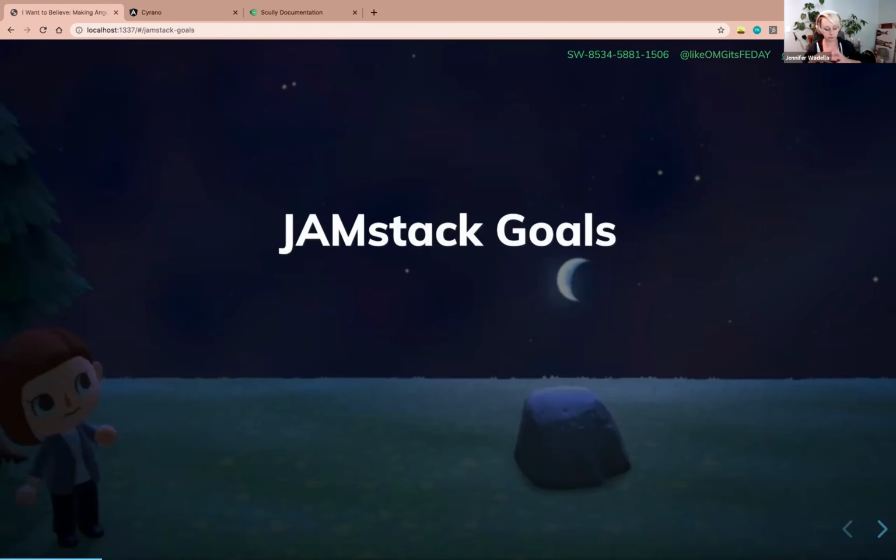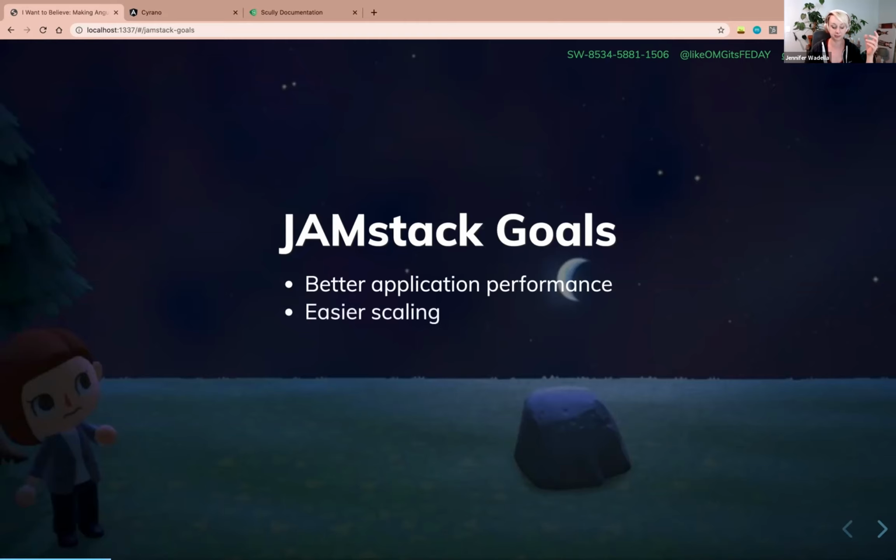So, Jamstack is definitely a philosophy and approach. You can't really call it a true stack because it really doesn't care about the technology under the hood. It's just the ways you're thinking about serving it. But Jamstack goals are, number one, better application performance. The larger applications grow, the more they scale, the more cognizant we need to be about how much code we're sending to the browser and figuring out how to fine tune that to give our applications better performance.